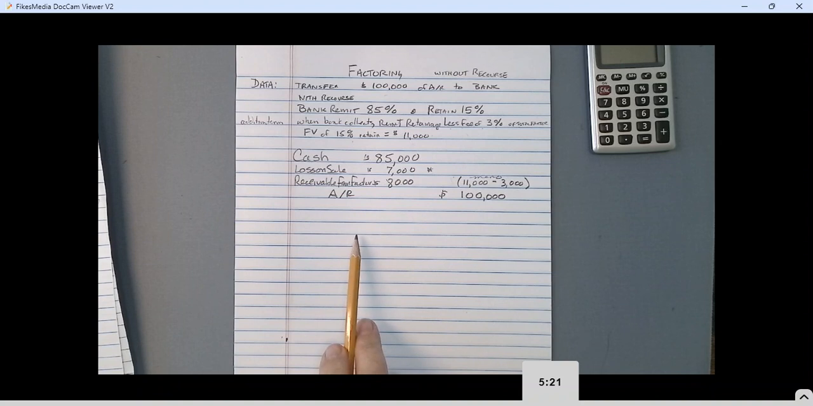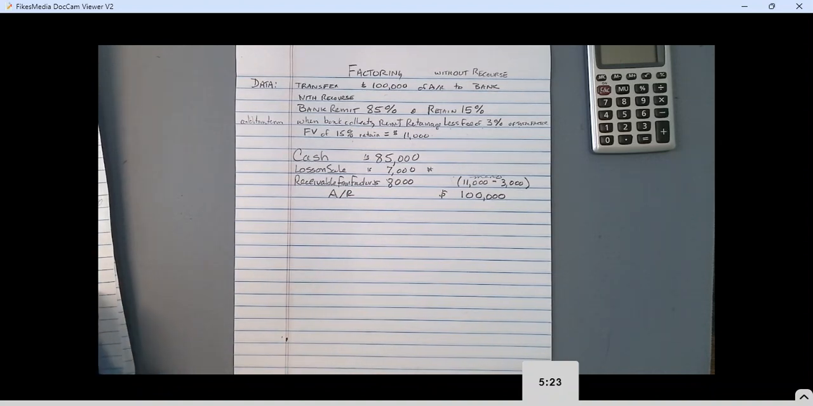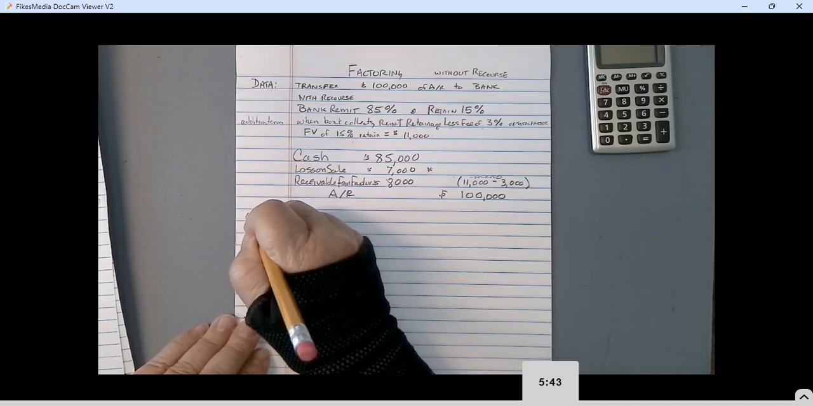Okay, so when the bank collects and they collect from that retainage, that amount less the fee will go to the company. So the collections will appear on the bank statement at the retained amounts less the fees. Okay, so other possible terms,